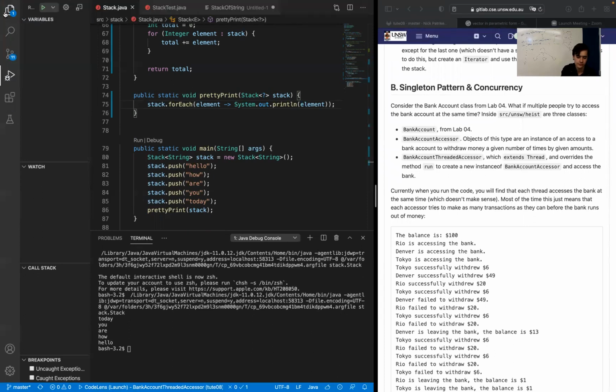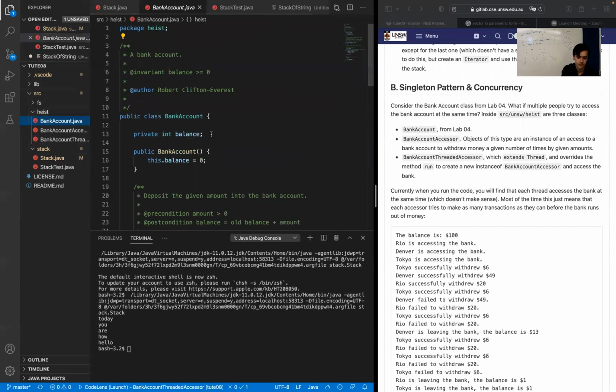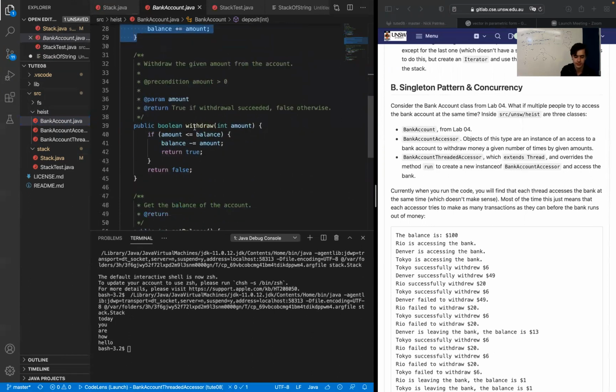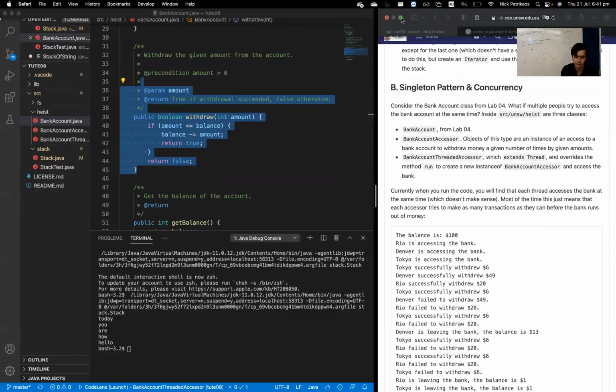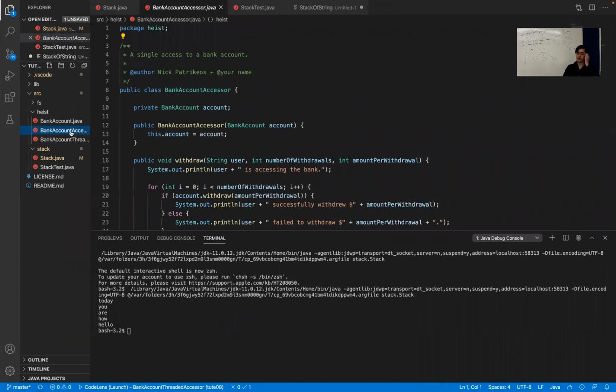So we have a bank account and we have an integer called balance. Pretty simple, balance equals 0. You can deposit stuff in the bank. You can withdraw from the bank. I'm just going to move this. And you can get the balance. All right, cool. So now we have this accessor, which